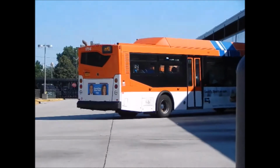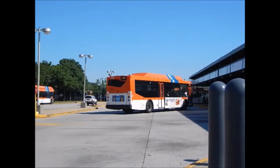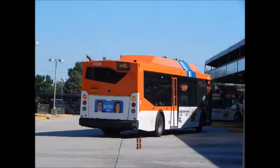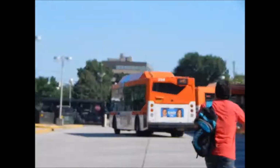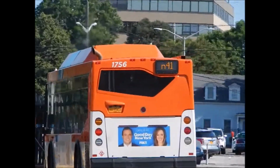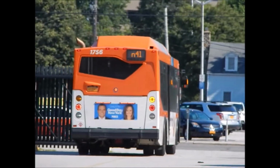This, ladies and gentlemen, is the Orion 7 Next Gens, one of the worst buses Nassau County has ever ordered. The fleet numbers start from 1700 to 1799, and they were brought in between 2008 and 2009. Now, before I go more in depth of what these buses are, let's start off with their specs and designs